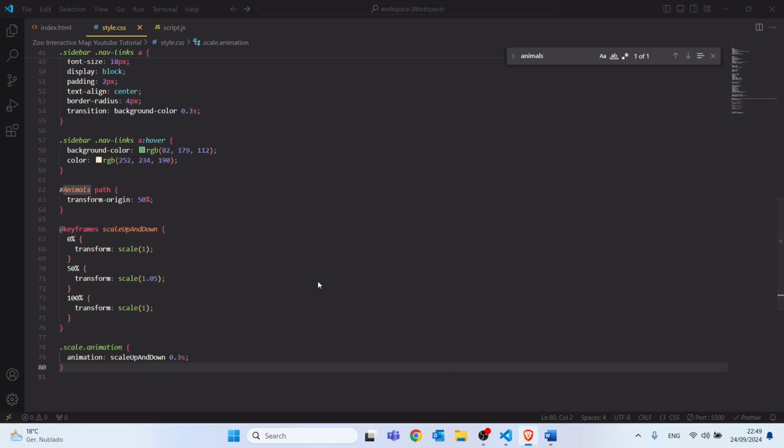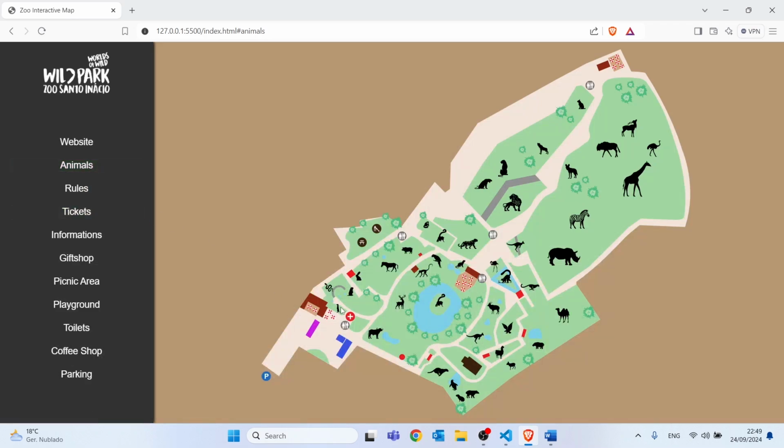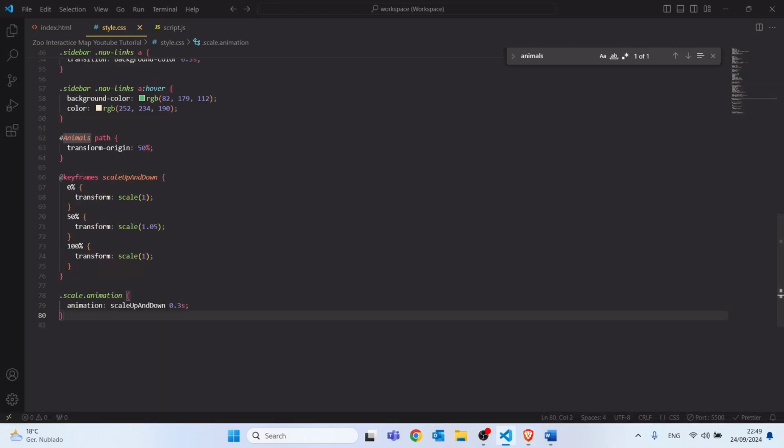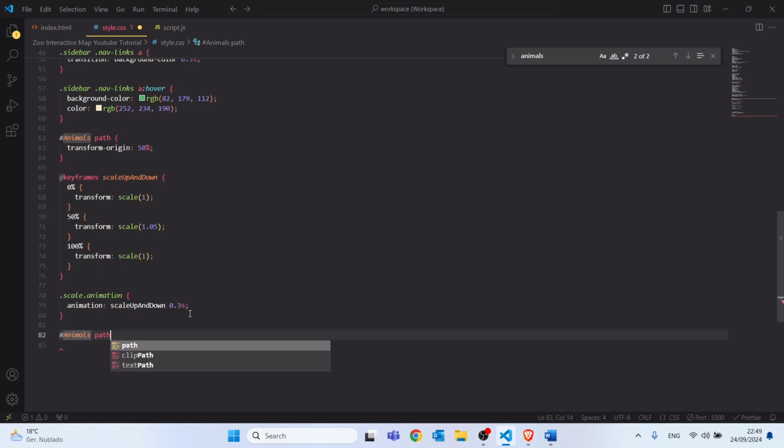So to do this, when I click on the animals button, I want them to increase in size, but I also want them to grow one at a time with a predefined time gap, so not all at once. Let's return to VS Code, and to do this, we need to animals path,